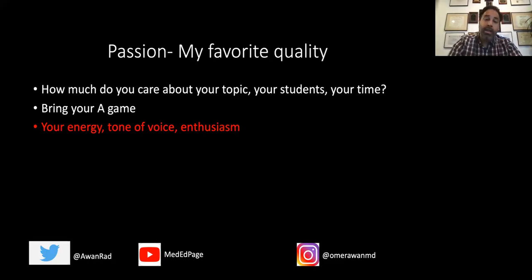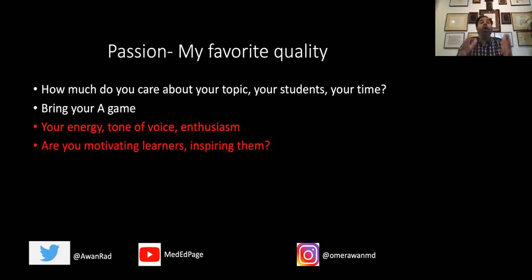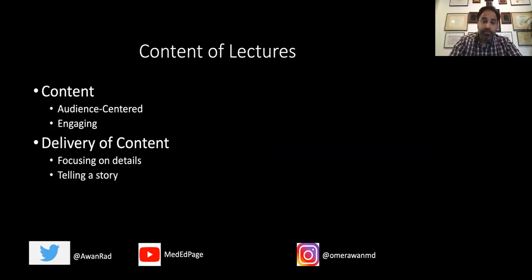Being passionate and caring, and this is something that all of us can do. This does not require training. This requires just you having a heart and you wanting to do it and showing your enthusiasm, right? How enthusiastic are you? How motivated are you to inspire your learners? All very important. Okay, so those are the 4 intrinsic qualities, but I want to go now to the content,